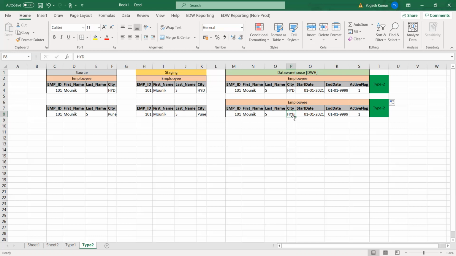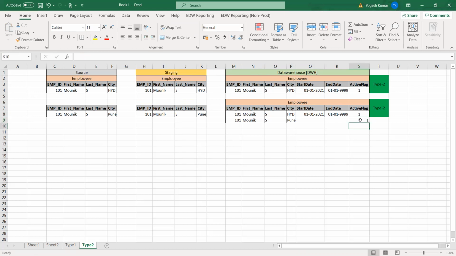So what will happen in case of type 2? It will take the record from the staging and load it into the data warehouse in the same table. In the same table, we will have both records: the previous record and the current updated record. But here is a catch. As I told you in the previous step, the currently loaded record would always be active for that specific ID.